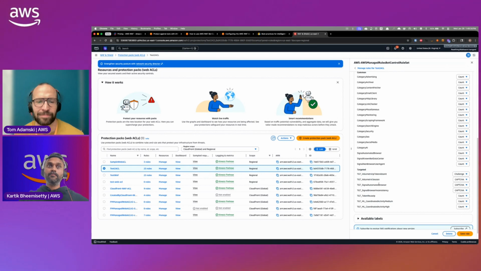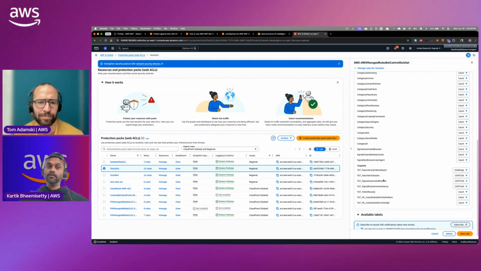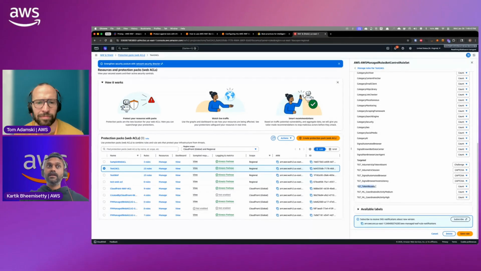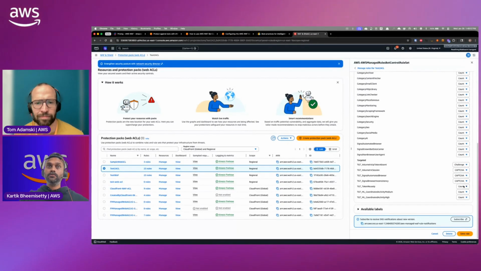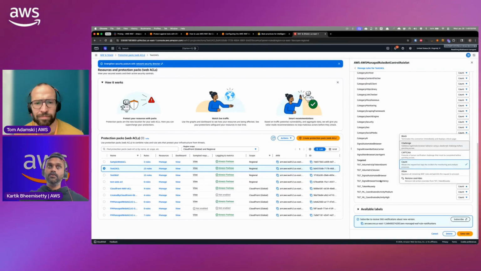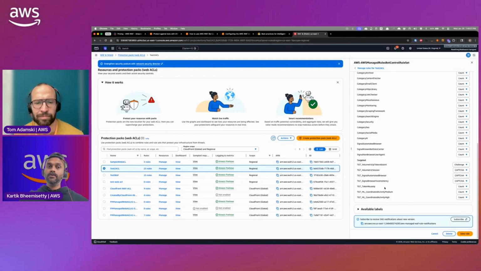For example, if a particular token is being reused across multiple different IP addresses, targeted bot control will help you detect that, and you can set it to block, or you can also challenge it. But if this is a valid token, it's going to allow it.